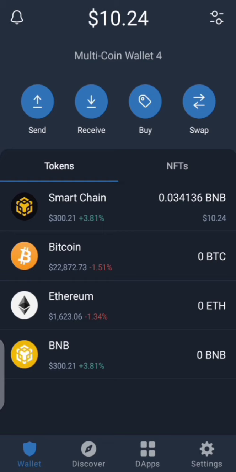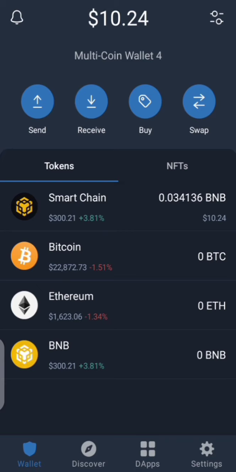So right about now, for you to buy a token, make sure that you have copied the contract address of that project. You can copy the contract address from anywhere. You can copy from PoolCoin, you can copy from CMC, that's CoinMarketCap, you can copy from WhatsApp in case somebody is sending it to you from WhatsApp. The same way you copy every other thing, that is the same way you will copy from WhatsApp. But most people don't know how to